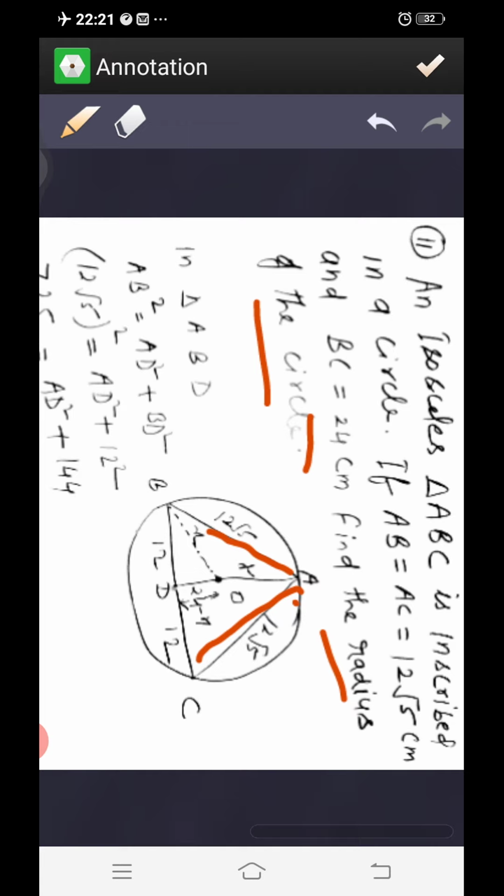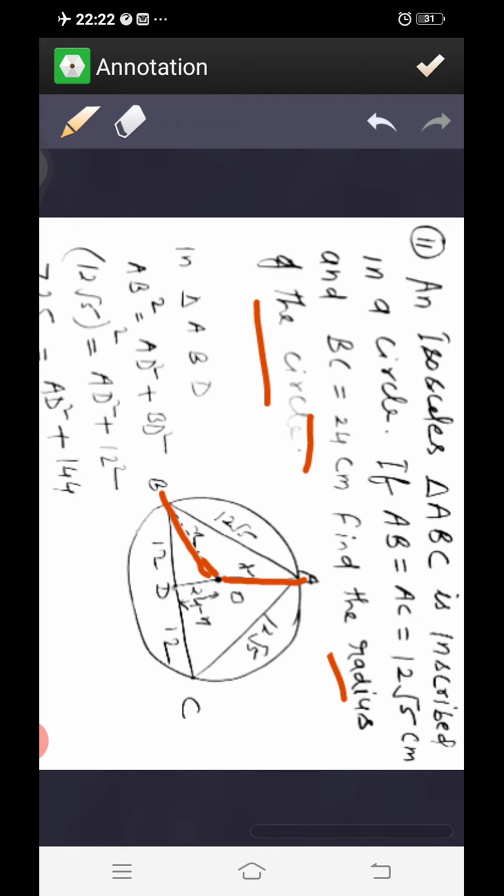So this bisector of BC we have drawn, AD, that will be the bisector of BC. If we are drawing this bisector, this angle ADB will become 90 degrees, because this bisector of the chord will pass through the center. So AD will be perpendicular to BC and pass through the center. Let us say radius OB, join OB, let it be x. So OA is also equal to x.